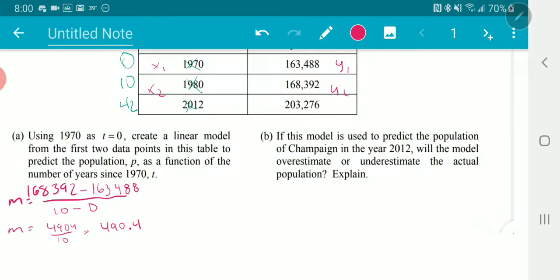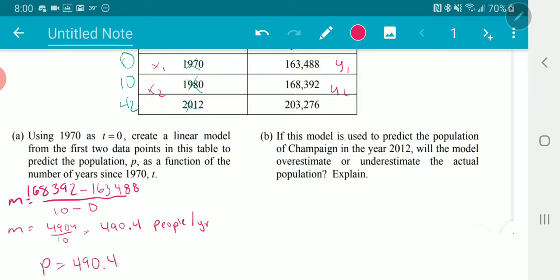And that is people per year. That's how my population is changing. People per year. Increasing by 490.4 people per year. So that's just part of it. We have the average rate of change, and now I need to write my equation. So y equals mx plus b. My population is just going to be equal to my change right here. That m is your change,